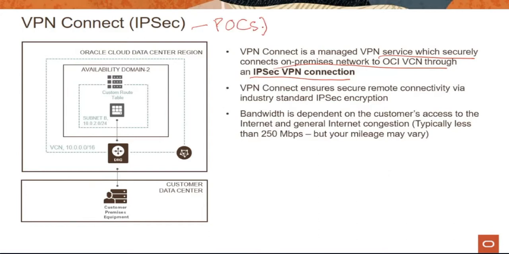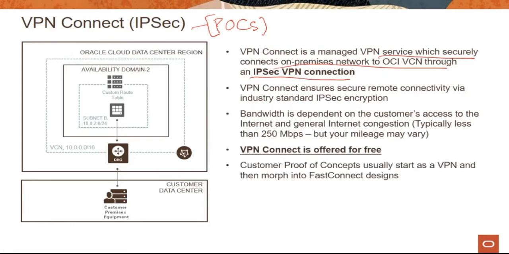If you have any requirements around running enterprise apps, our guidance is to use Fast Connect and not use VPN Connect. VPN Connect is offered for free, so there is no charge for using the service. And like I said, customer proof of concepts usually start as a VPN, and then they morph into Fast Connect designs as you move into